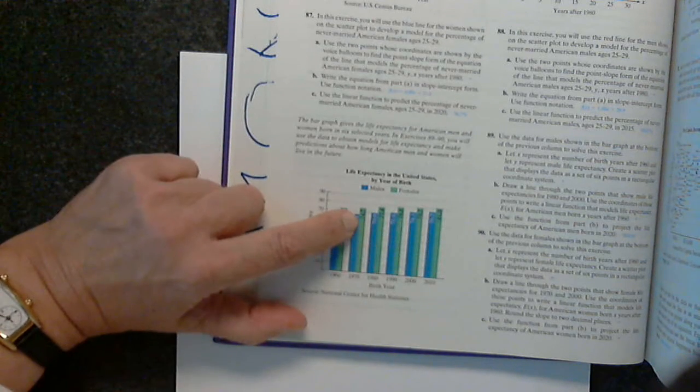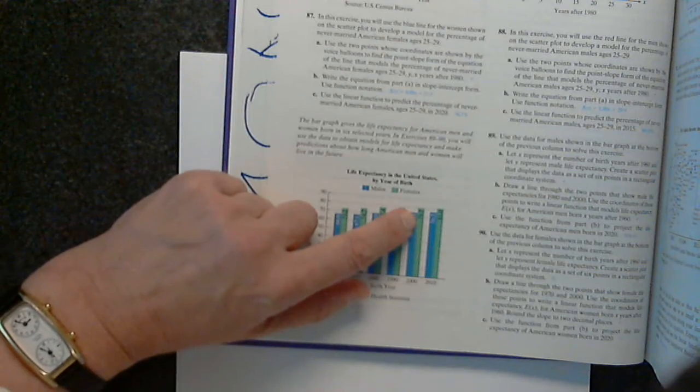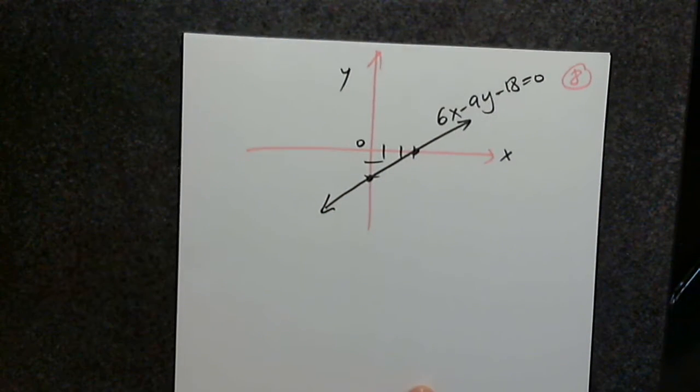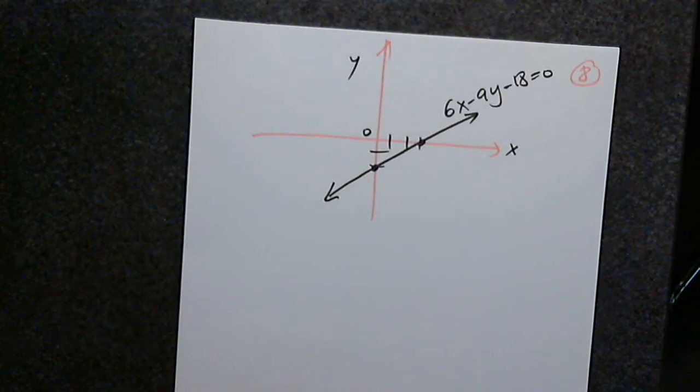Women are in green. So in 1970, the life expectancy was 74.7. In 2000, it was 79.7. So we want to determine a function that will give us a prediction for later using these 2 points: 1970 and 74.7, and 2000 and 79.7. But again, before I do that, I have a lot of notes to write to myself and a summary of what I have discovered. So this is problem 90